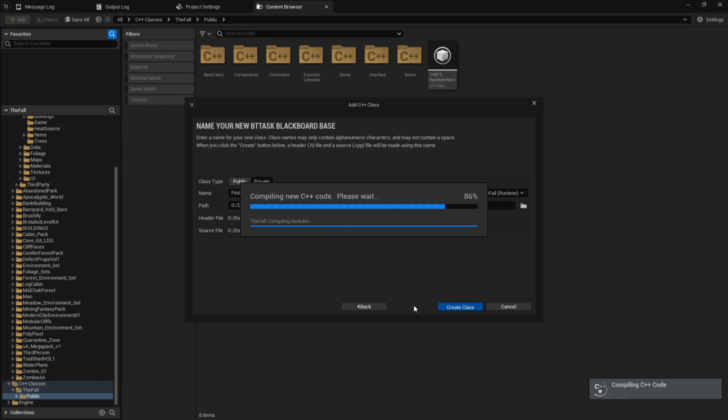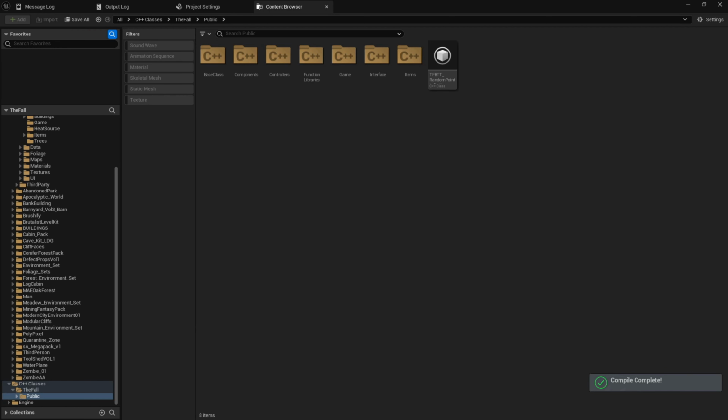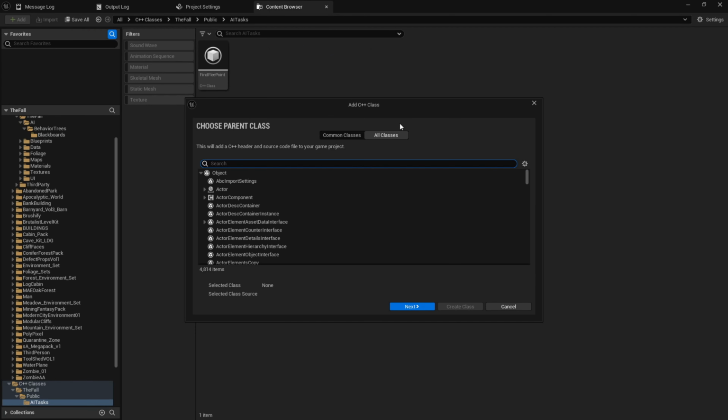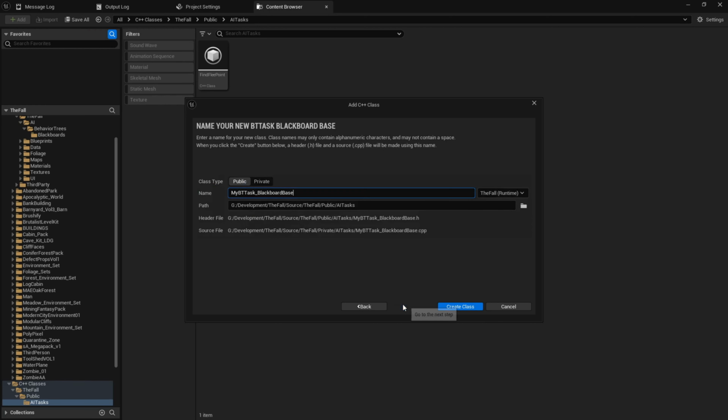So just while this compiles, I'm going to pause the video and we'll be back as soon as everything's good to go. Oh, I say that and there it is. It's good to go. So go into our AI tasks folder, create new class, BT task, Blackboard base,